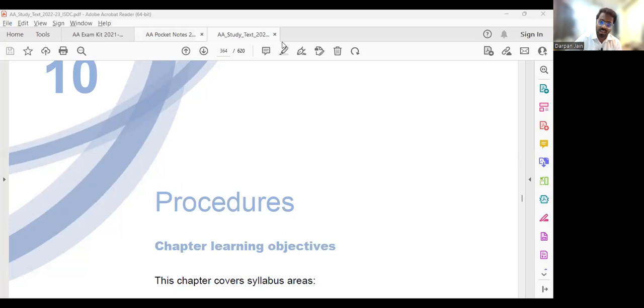Yes, Apeksha is good. So CEAVOP. What was the acronym that I gave you? CEAVOP. Right? What was C there? Completeness. E, existence. A, accuracy. V, valuation. O, rights and obligation. P, presentation and classification. Did we not discuss all of this? All of those are balance sheet items assertions.